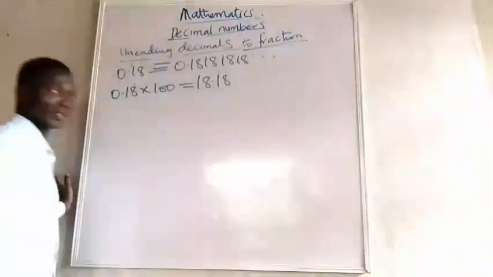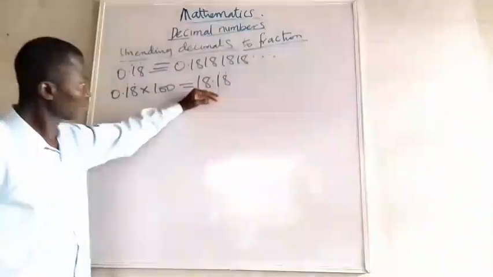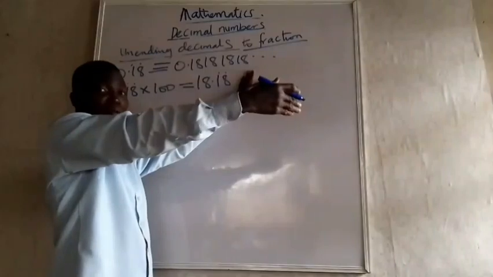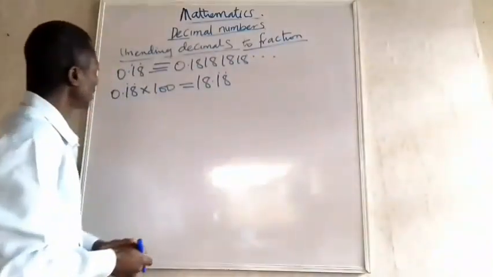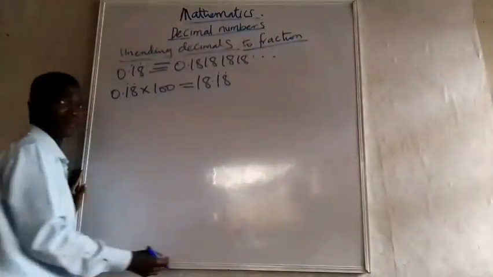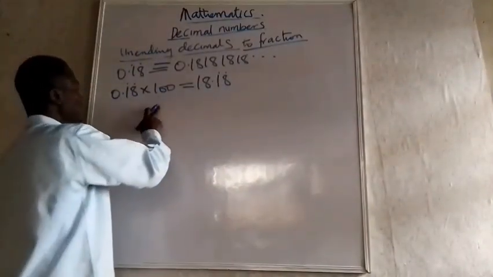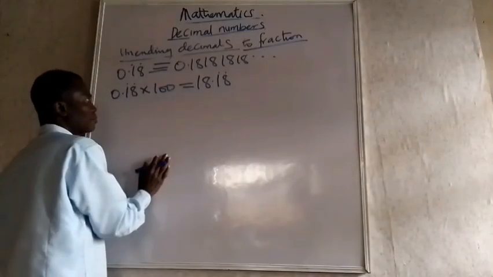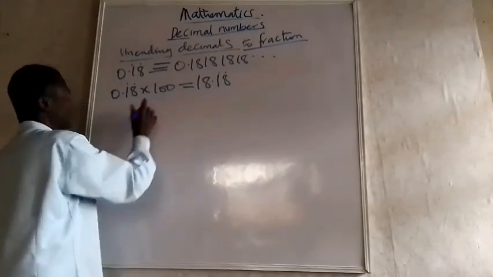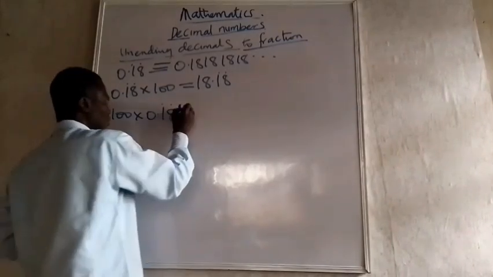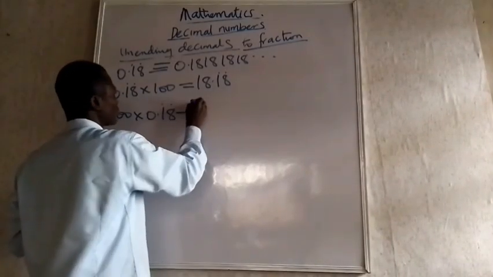So this one recurs again. You understand? I have a whole number here, and this one remains the decimal that continues to recur. Now, since I have this, how do I remove this one? The one that recurs, that is recurring, is going to be this one minus this 0.18. So I'm going to have 100 times 0.18 recurring minus